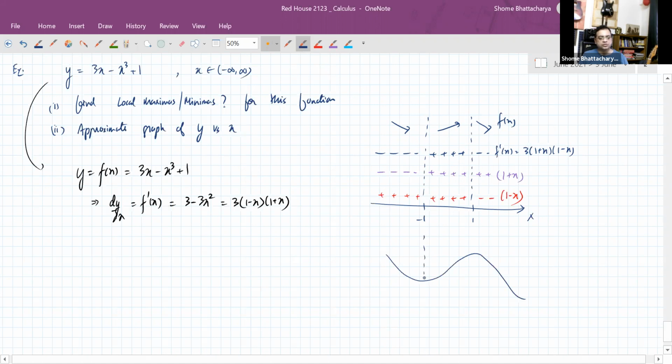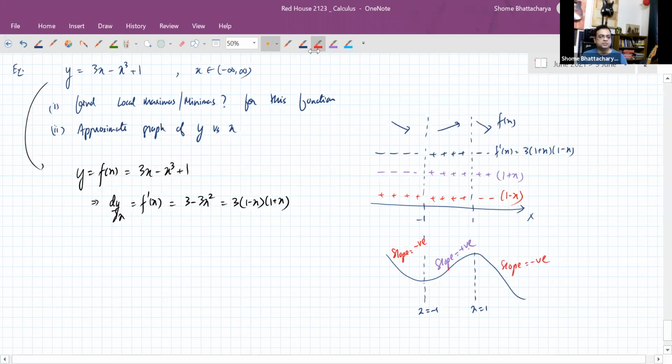And this point is going to be x equal to -1, this point is going to be x equal to 1, because the slope is negative here. The slope is positive here. Oh sorry, the slope is negative here, positive here. And then again